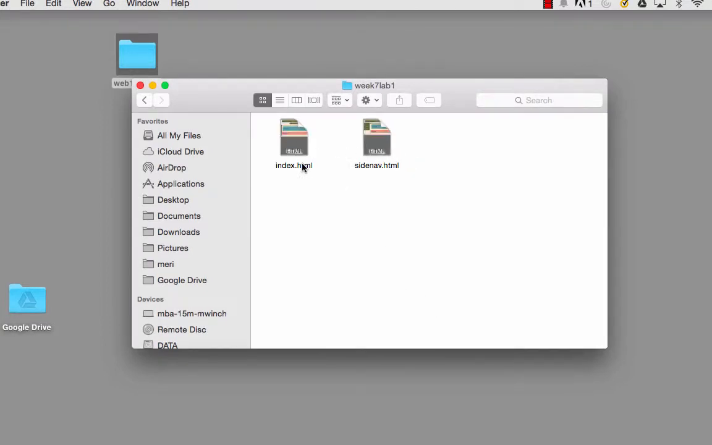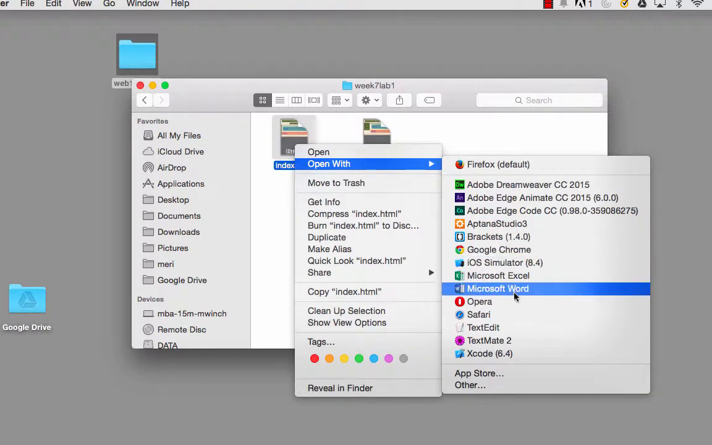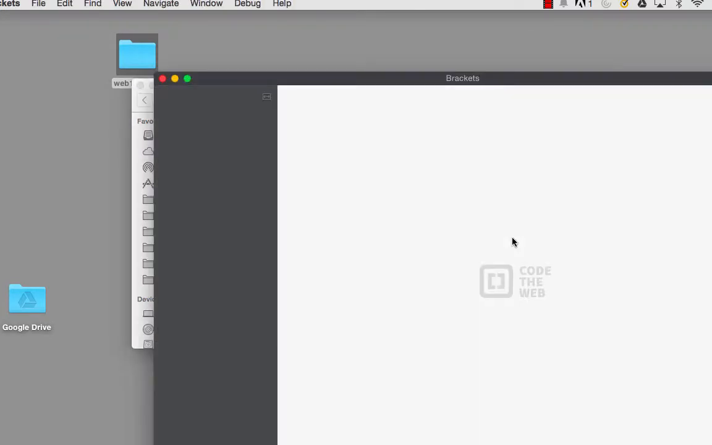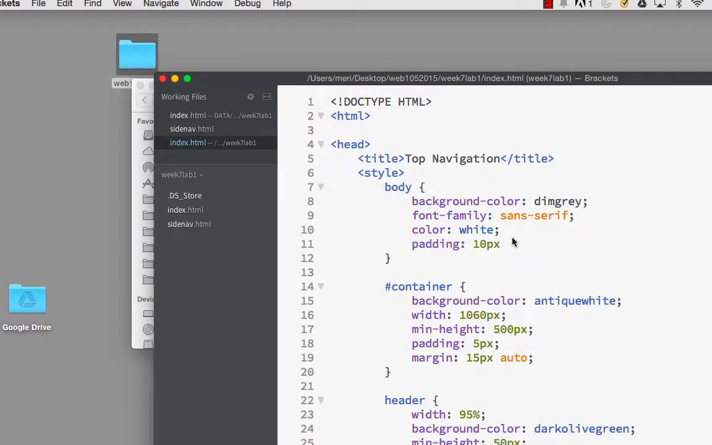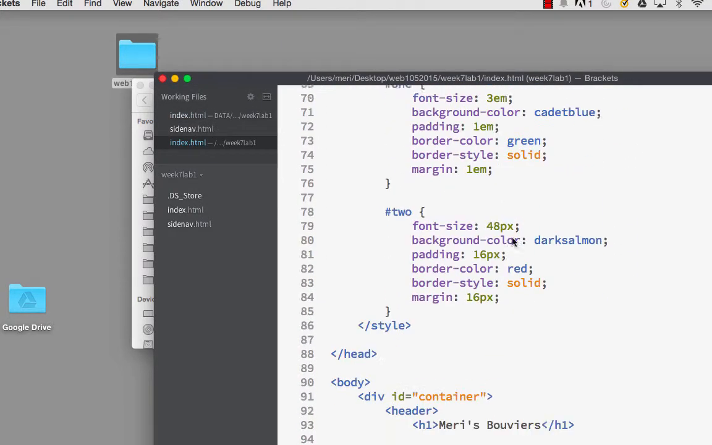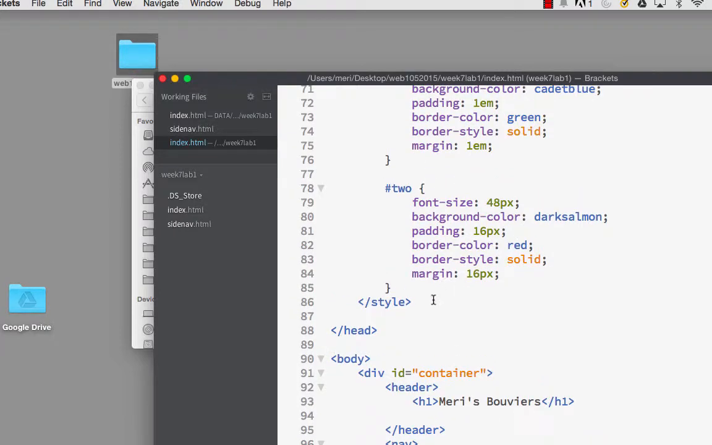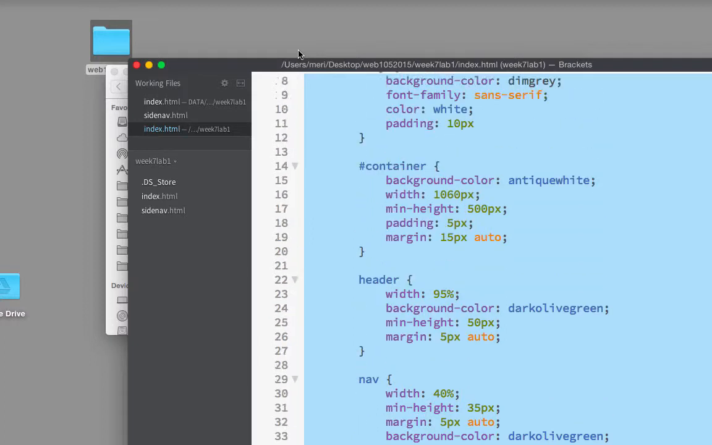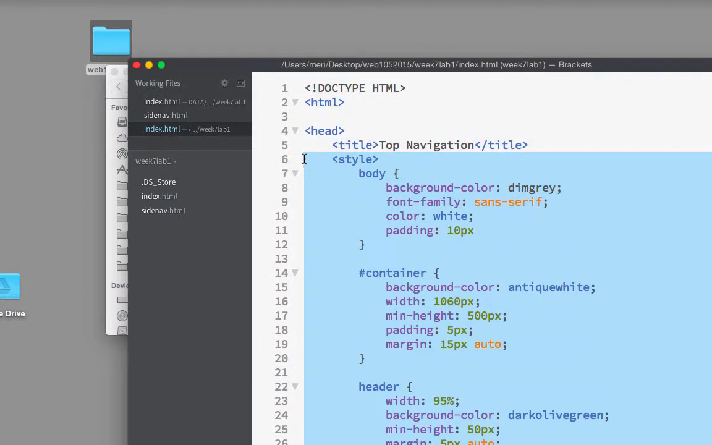In here I have the two files we created for the last class. I'm going to open up index.html with Brackets. And as you can see, I have a bunch of CSS up at the top of my page. I'm going to remove that CSS by doing a cut,